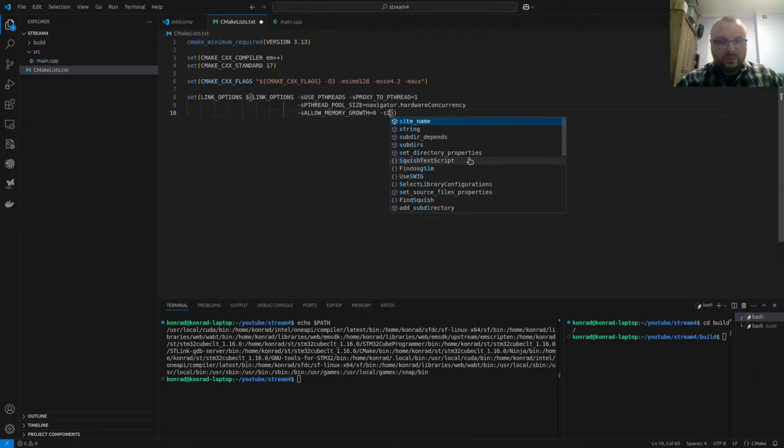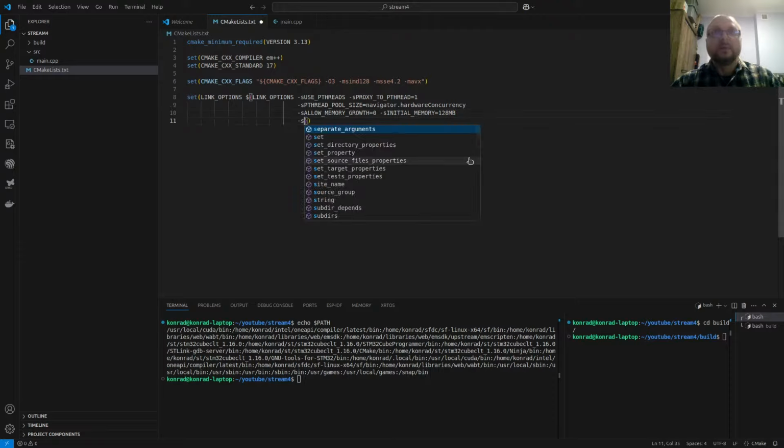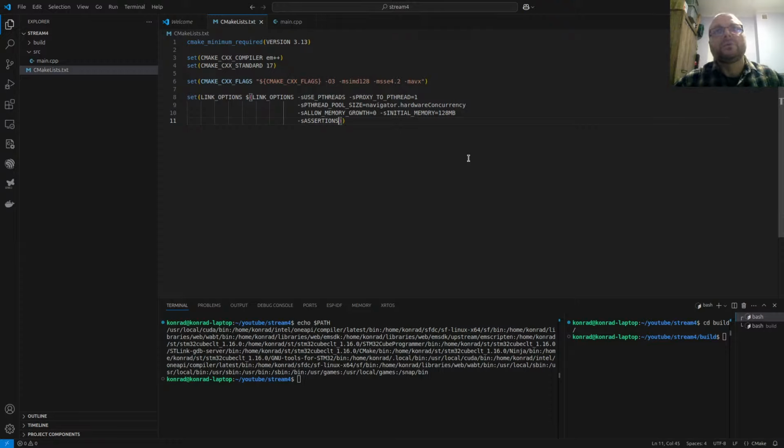Okay, and we put initial memory at 128 megabytes, and actually I will add one more. It's assertions. This is not for production. This is for testing, debugging. So that will show more information in the browser, and actually at the beginning it's good to have it. And let's say these are our link options that we will pass to the linkage process, and then we define the project